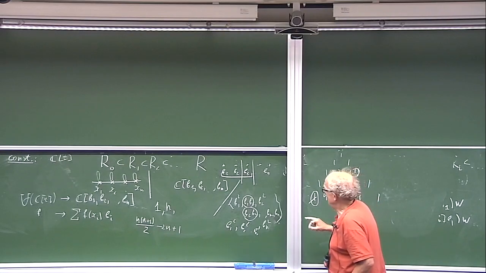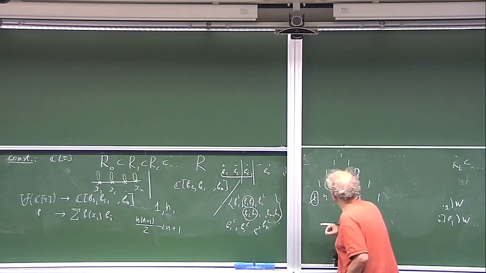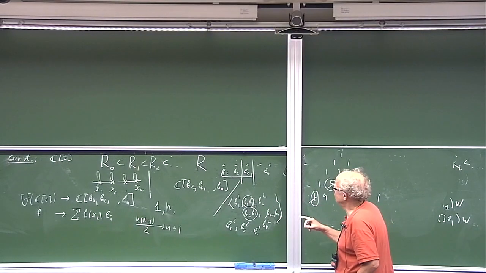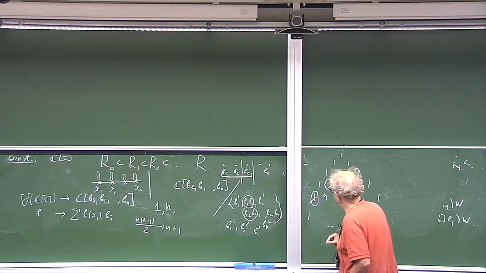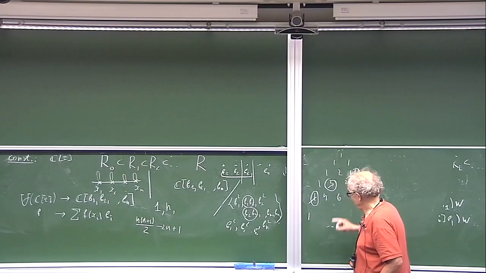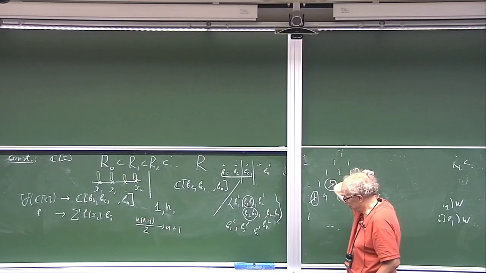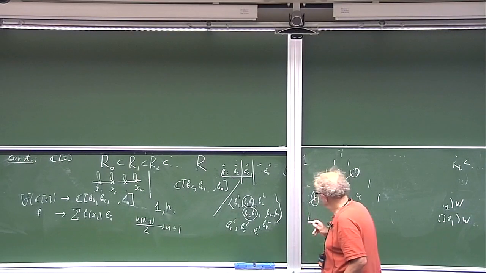If it was 2, then it was 1 plus 2. If you go to the next, it was 1, 4, 3. But anyway, it is Fibonacci numbers, but my construction with fusion gives you